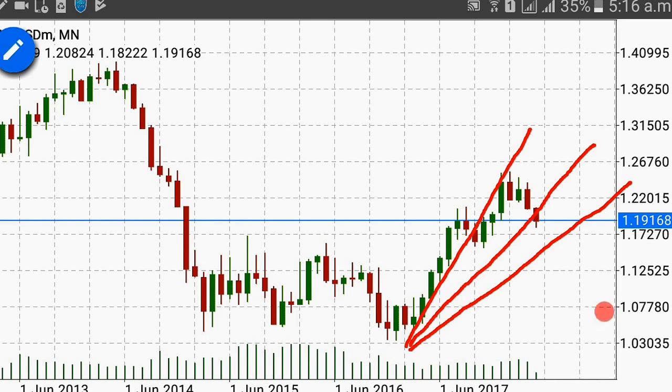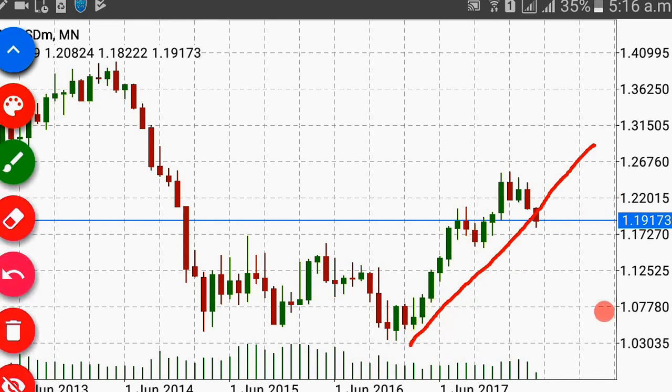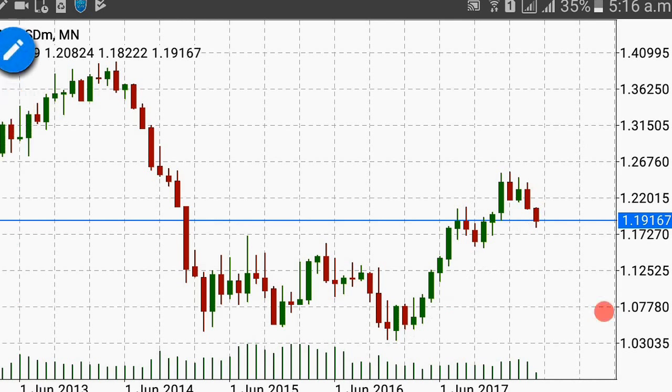But I do take help from colors also, as currently the color theory is indicating a main selling trend. But in the, just a second, but in the daily